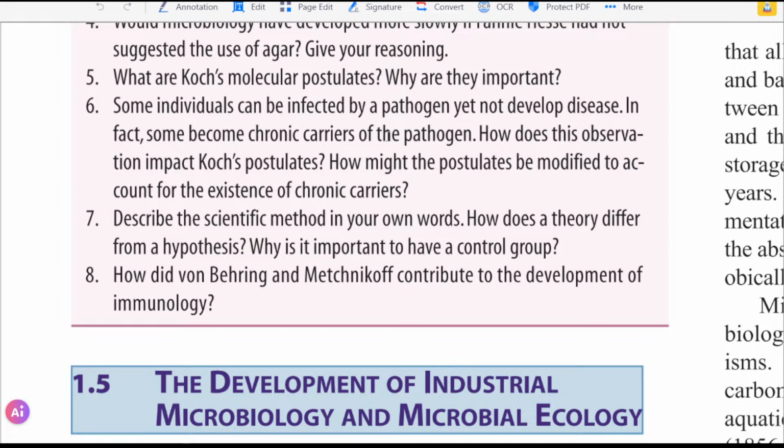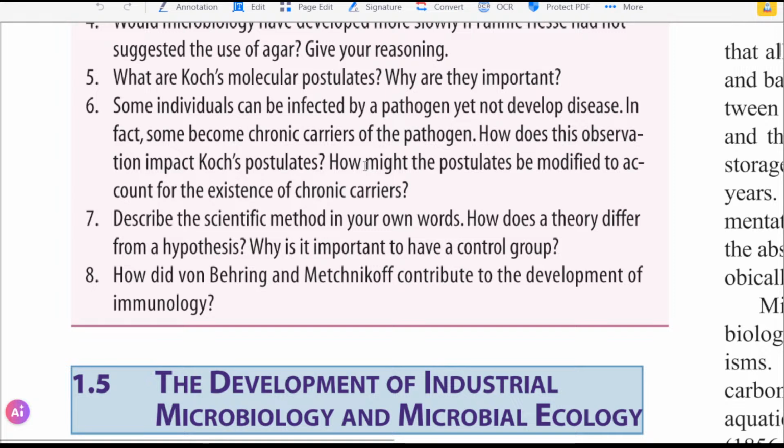Koch's postulates didn't tell us anything about this. Yeah, this is not in Koch's postulates. This is the limitation of Koch's postulates, right? Koch's postulates told us that if we take the microorganisms from unhealthy organisms, they are going to cause disease in another organism. But in this case there is some super individual whose immune system is either so strong or the species is different, so Koch's postulates don't apply because it isn't going to cause a disease in that organism, and maybe the microorganism doesn't even survive in that organism because of its immune system.